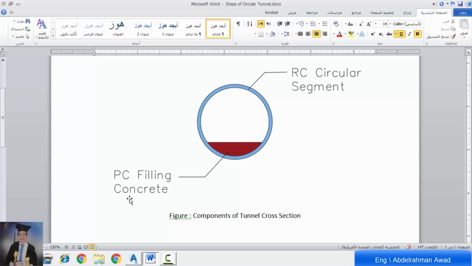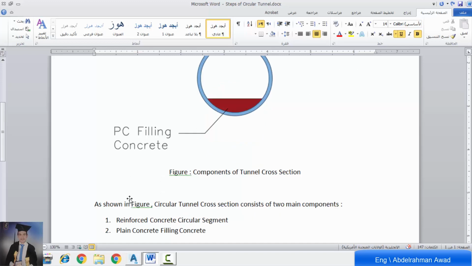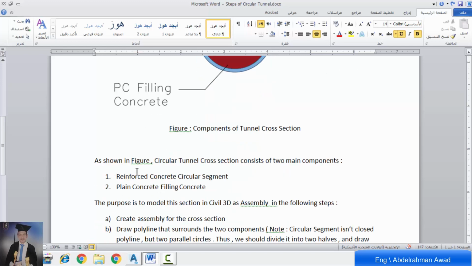We want to do these two components in our assembly, so we will make two sub-assemblies for these two components. As we explained, the circular tunnel cross section consists of two main components: the reinforced concrete circular segment and the plain concrete filling layer.